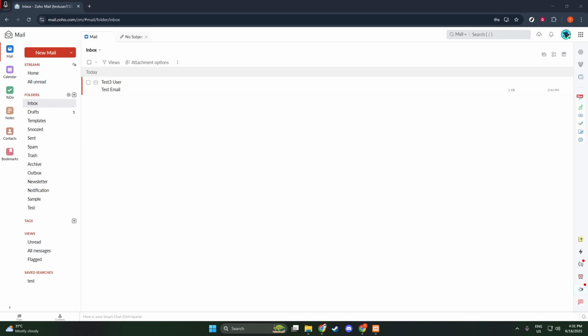First, you'll want to log in to your Zoho Mail account. Start by opening your preferred web browser and navigating to https://mail.zoho.com. If you aren't already logged in, you'll need to enter your credentials. That's your email address and password. Then hit the login button. Once you've successfully logged in, you'll be brought to your inbox, where all of your emails are neatly organized and